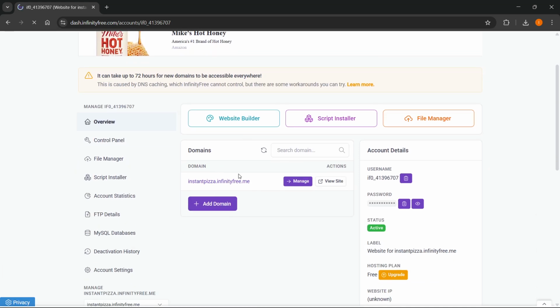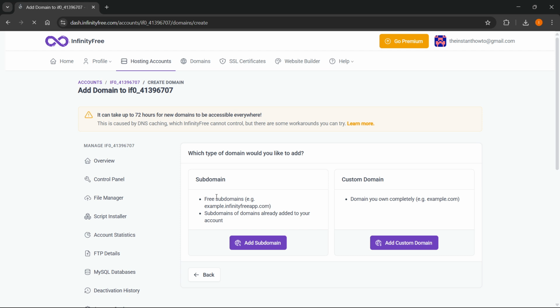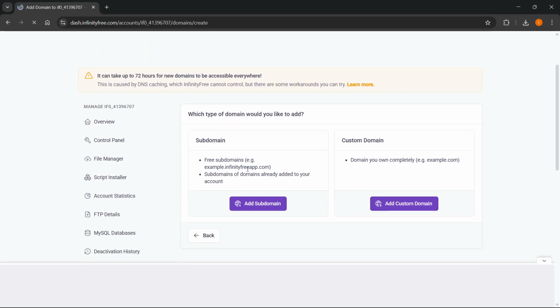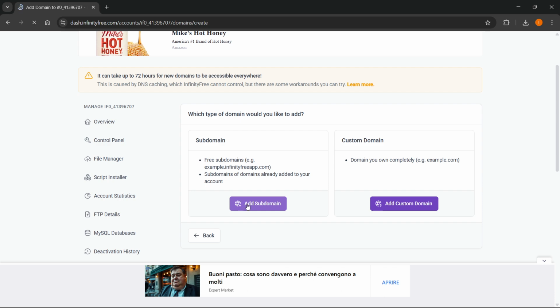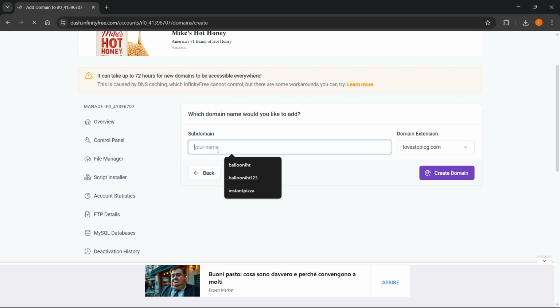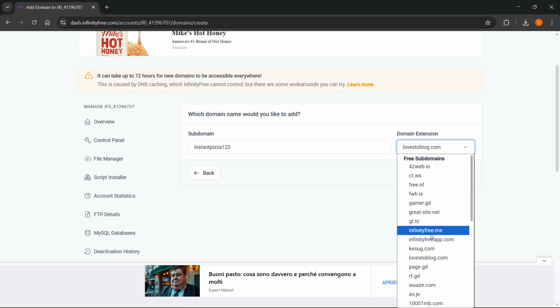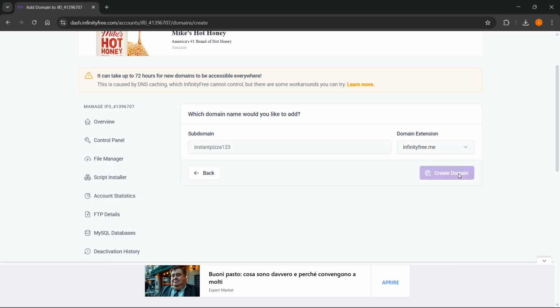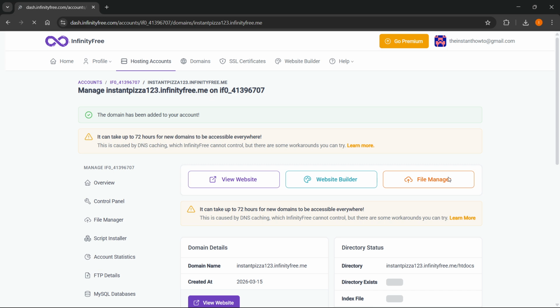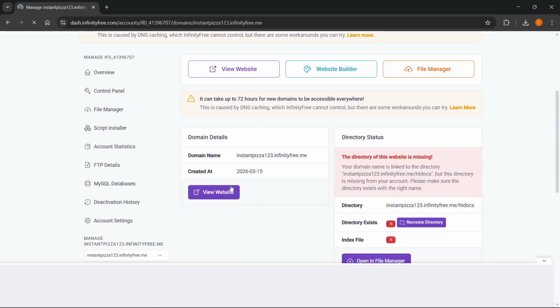For me, I have only one, and you can click on add domain. And this is where you can add a subdomain. So as you can see here, there we go. It's like a subdomain here. I can go and click on add subdomain and name it whatever I want. So for example, I'm just going to do instant pizza, and I'm going to do 123 for this example. I'm going to click on create domain. I'm going to leave this as infinityfree.me, click on create domain, and this will create a subdomain for my specific